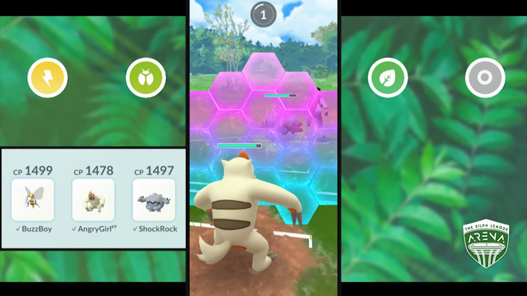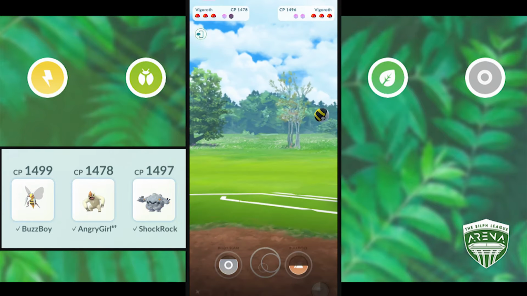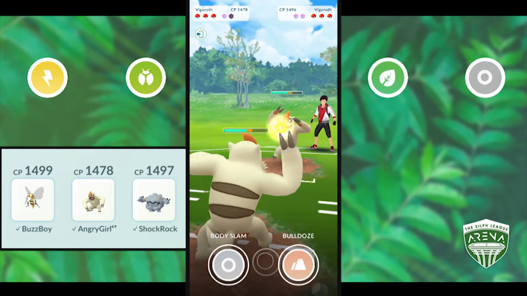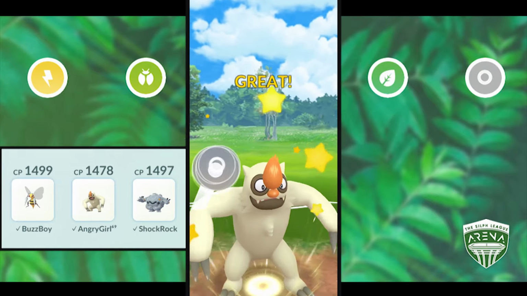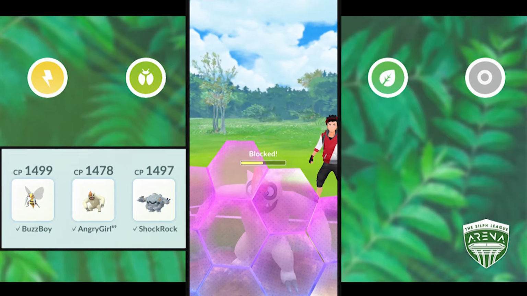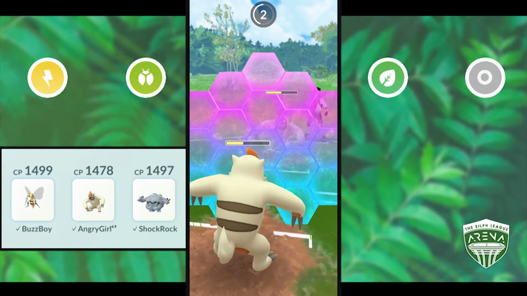And I'm going to have to use a shield here against this Heavy Slam. So he's got a shield out of the way from me, and he comes back with Vigoroth. I figure I have an energy lead. I'll charge up to 2, and I've got 2 Body Slams here, and I'm going to send both of them his way. But he ends up playing this very, very well and calling it perfect